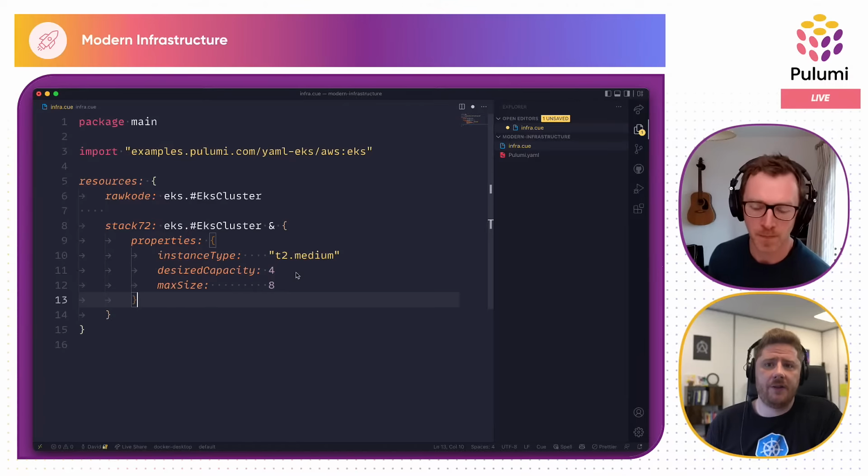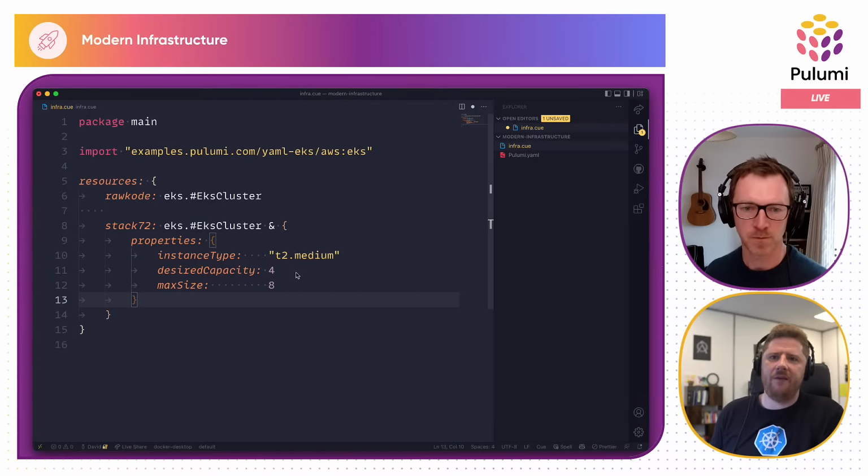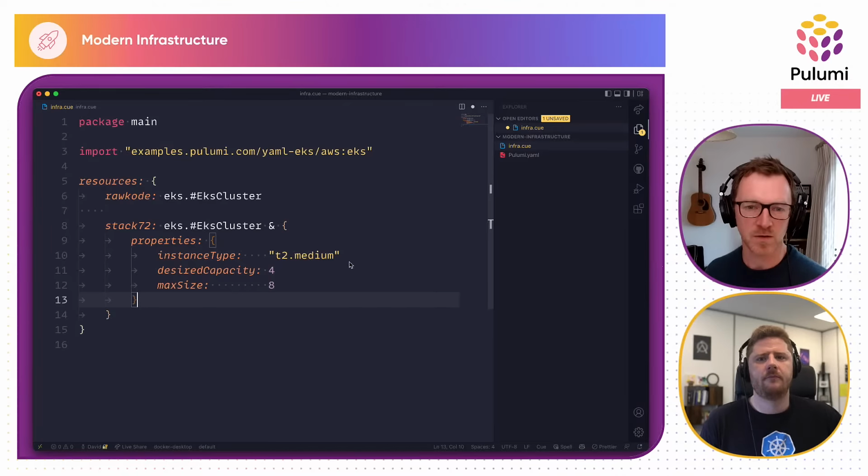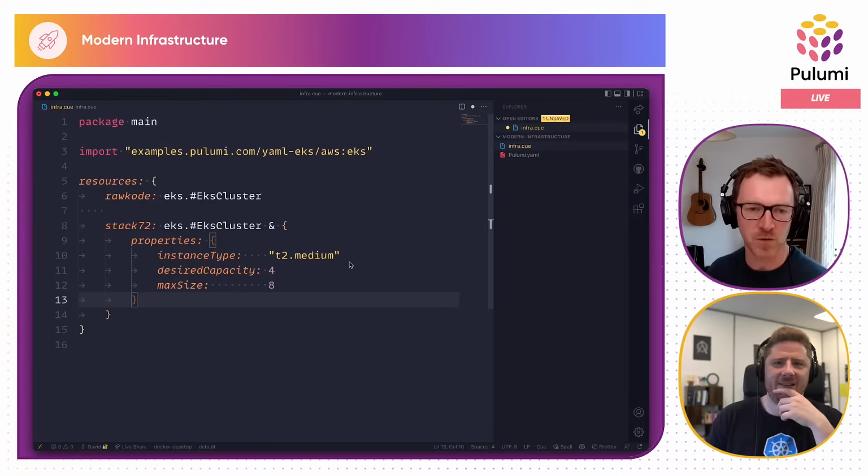Exactly. The resources is a map, and that map is a string ID, which is the name of the resource, and then we can have any valid resource type or description on the right hand side. So rawkode is my resource name, and then I'm saying that I want an EKS cluster. And so EKS cluster here is something that you've defined, and the hash definition there indicates that it's a definition, and we can come on to that in a second.